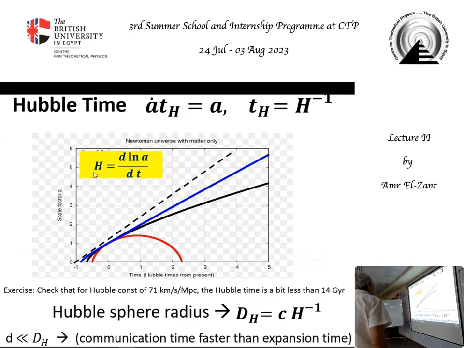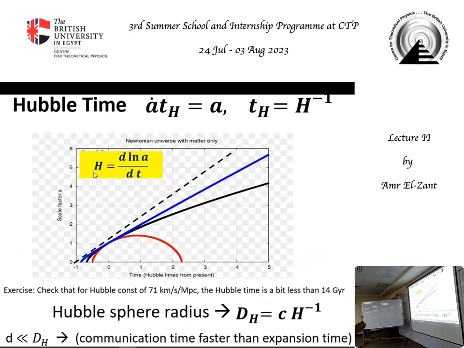For your Newtonian analysis to work, you need to be well within the Hubble sphere. You don't want the expansion time of the universe to be faster than your communication time with galaxies. Otherwise the universe would be expanding and galaxies are not communicating well, and the Newtonian approximation breaks down. So the Newtonian approximation is valid within the Hubble sphere so that galaxies can communicate with the speed of light, much faster than the dynamics itself changes. So the dynamics is effectively that of an infinite speed of light.